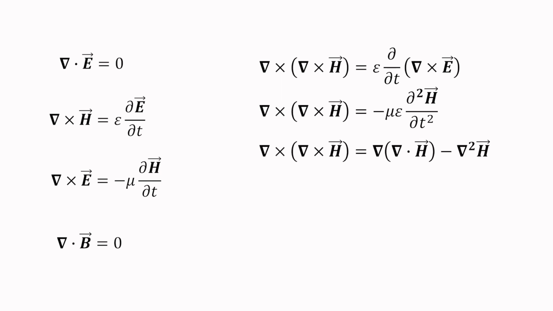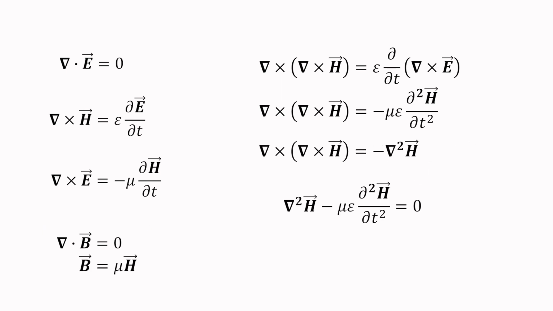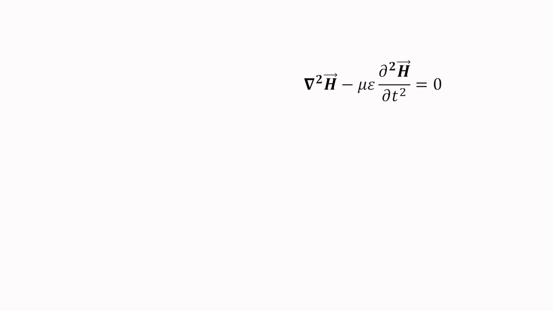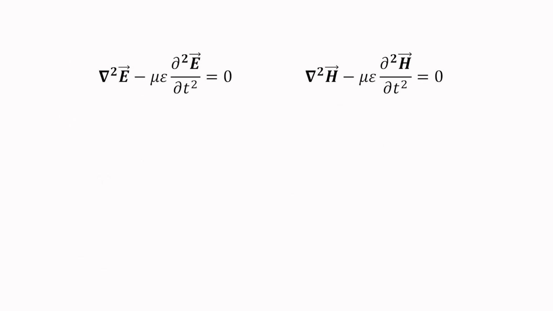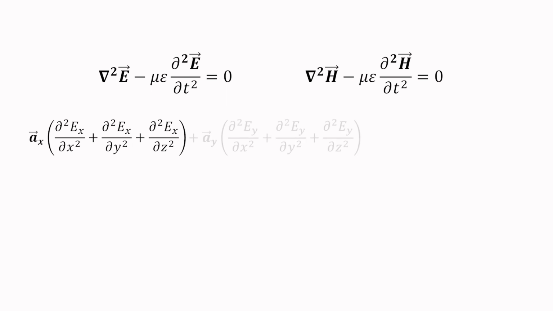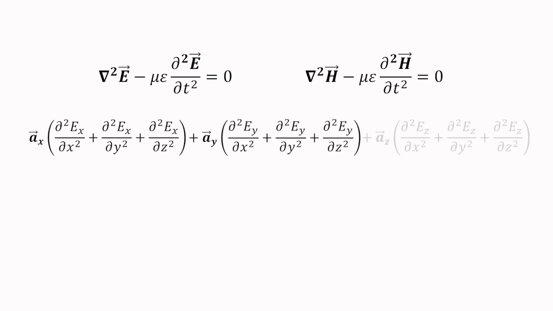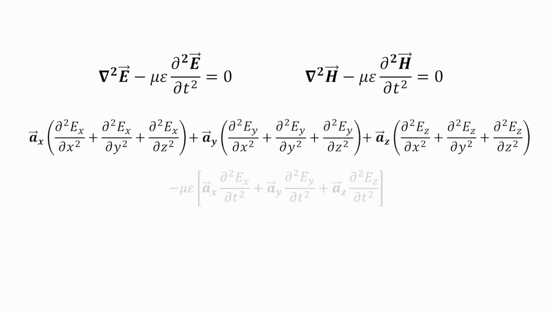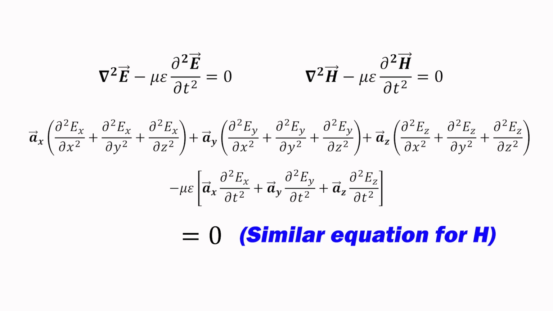Following the same approach, we arrive at a similar equation for H. Now we have two second-order differential equations for electric and magnetic fields. In this form, these are three-dimensional equations operating on all three vector components of E and H, which would make for a rather complicated analysis. As is often the case with mathematics, we can make a few assumptions that will greatly simplify the analysis while still providing valuable insights into the basic physics.